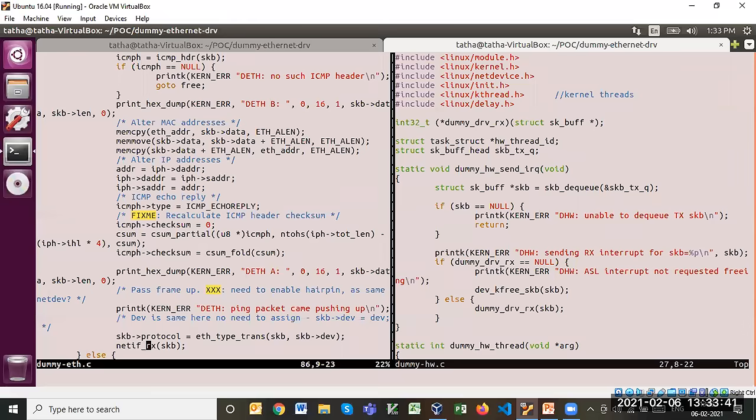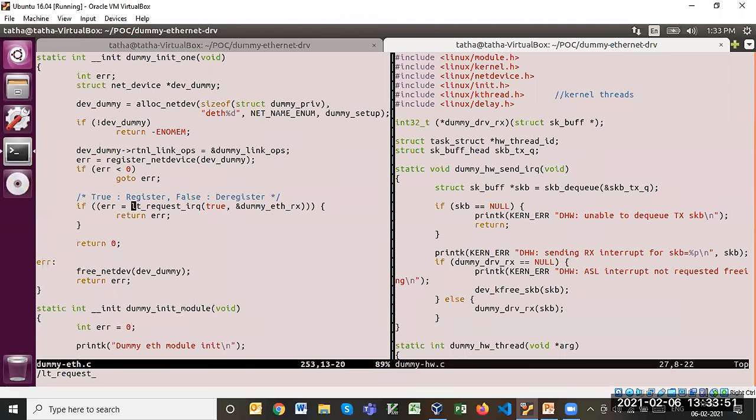In case of an actual network, instead of calling this LT underscore request underscore IRQ, you need to call the request underscore IRQ function. In this request underscore IRQ function, you need to provide the interrupt number for your Ethernet or network driver.